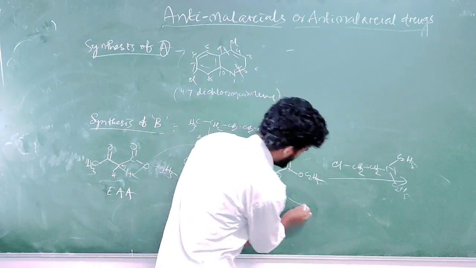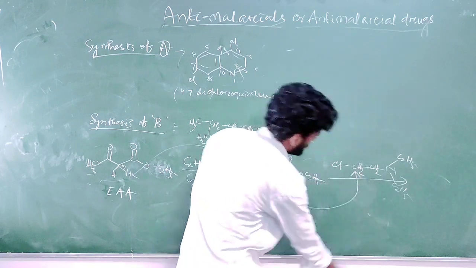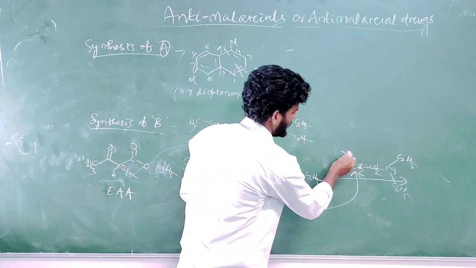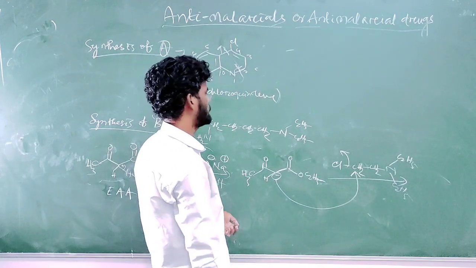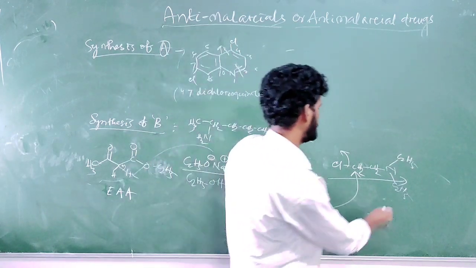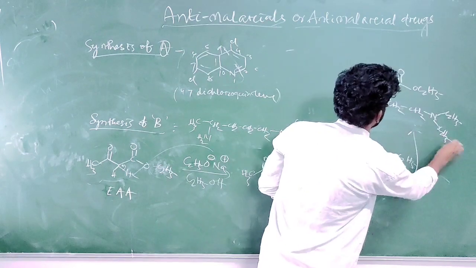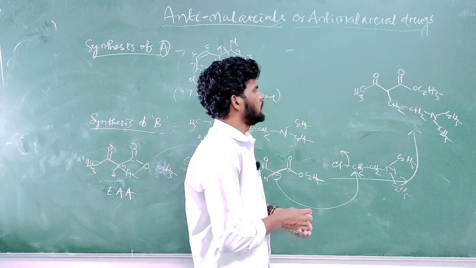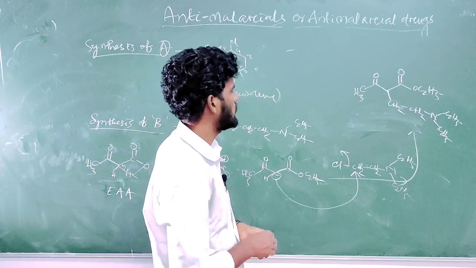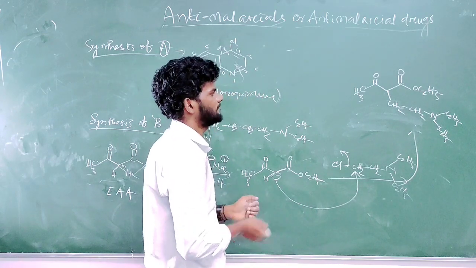So the nucleophile attaches to the electrophile, and the leaving group is released as chloride ion. What will it form? I am writing it above as 5. Okay, all of you got it? Okay, so what will be the next step?